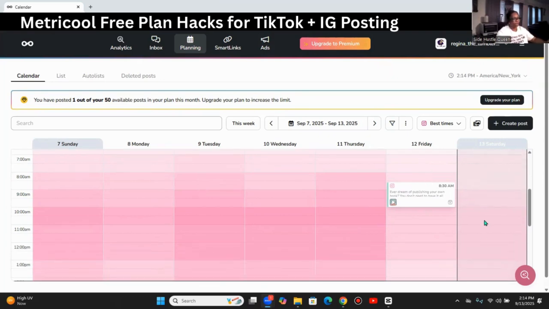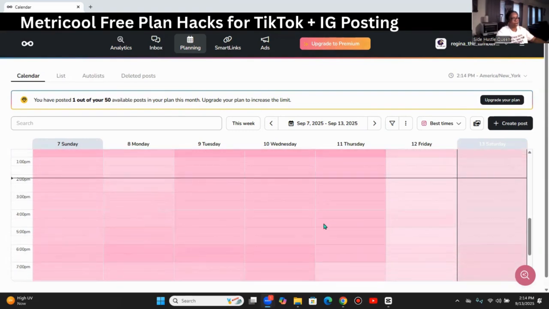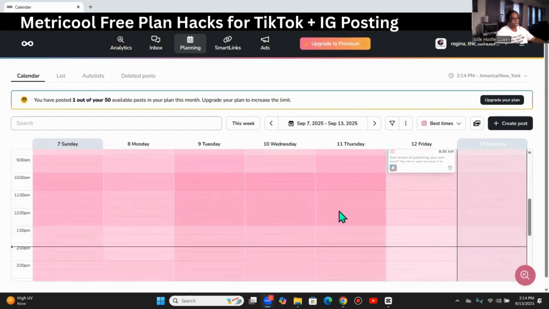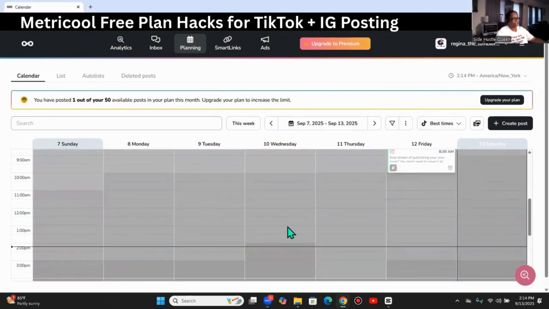So when I'm scheduling out my posts, I need to be looking at these darker areas through the week. Look at Sunday, look at Mondays, look at Tuesday, Wednesdays, and Thursday. I definitely need to be doing content because those are my darkest days. Okay, so when you're looking at your calendar and you're getting ready to plan out your content based on analytics and your audience, it's gonna tell you the darker areas is when you need to have content. Okay, so that's Instagram.